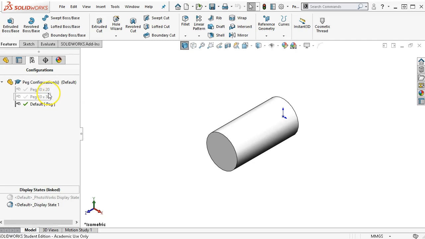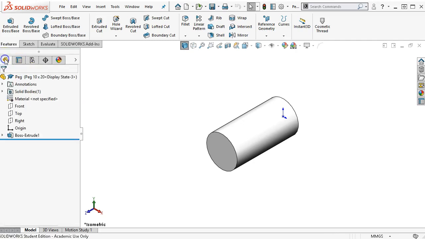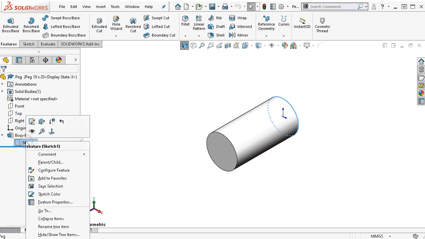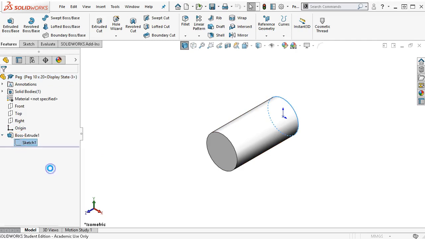Alright, so let's stay in the 10 by 20. And the second, so if I wanted the 10 by 30, I could create a 10 by 30 configuration, or 10 by 40, change the configuration, and then add the 40 just to that configuration. The next step up is to look at the configuration at each of the levels. So if I look at a configure feature at the sketch level,